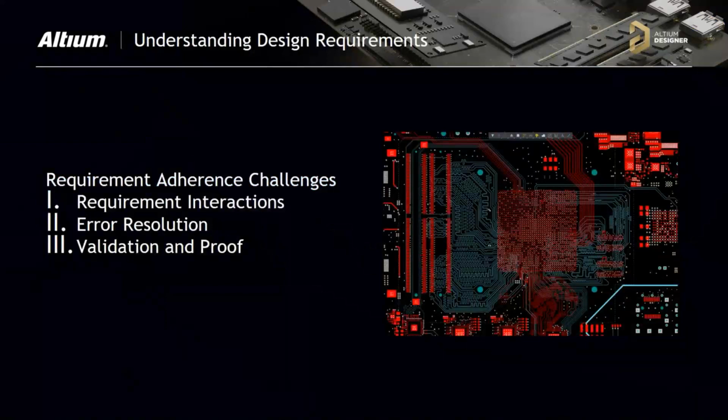If we talk about understanding the rules and the design requirements, first we have to have an understanding between your schematics and the PCB requirements, and we have to resolve the errors. We have to identify them, followed by some proof of validation, whether those rules have been properly validated or not, and we have to produce some proof. They are the three important things when you want to do the design.